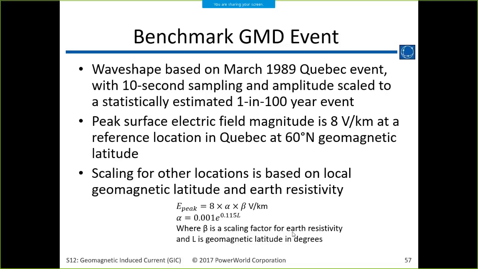Yes? Scott, I was wondering, since a lot of this is based off of the 89 Quebec event, if a benchmark's been run where we take the Quebec system as it was in 1989, put in the 2 volts per kilometer GMD event, and see if we get the same things to trip or go wrong. Yeah, as far as the relay tripping, it's not something you can model directly in the power flow, I suppose. That's due to harmonic effects and things like that, which aren't modeled.